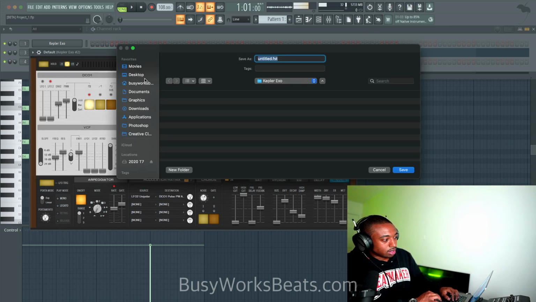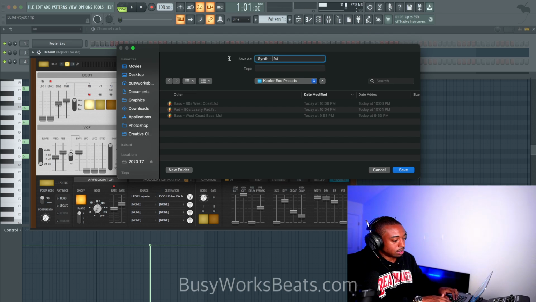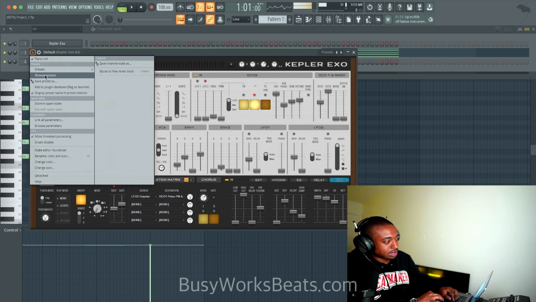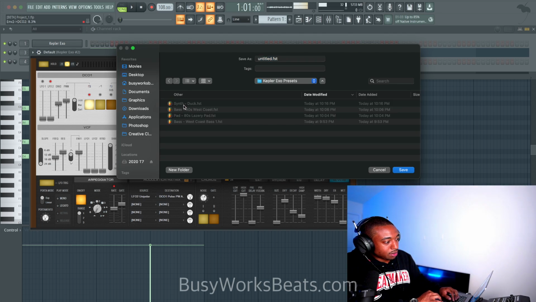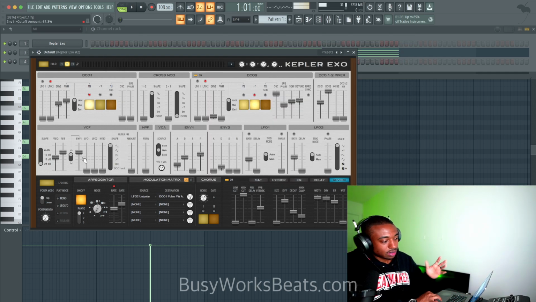Let's just call it the duck synth. We'll take off that duck type sound. Let's go to synth, duck. Probably should label as ARP. So I'm going to quickly save these presets. I'm going to move that one to the trash can and then call it ARP duck. Okay, now we're going to take off the duck feature basically.